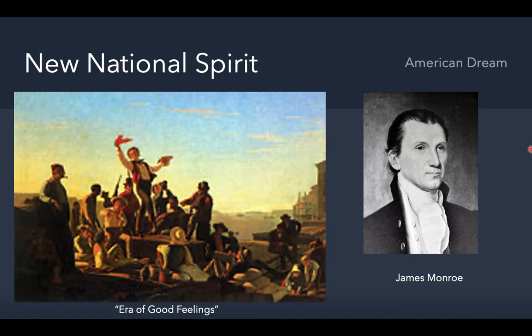This new national spirit is also reflected in our politics when in 1816 Americans elected another Virginian named James Monroe. Soon after his inauguration, he did a kind of tour of the nation. When he went to New England, you wouldn't think he would be extremely welcomed, since a Southern planter, an agriculturalist, would not really be welcomed in a manufacturing place. But he received a warm welcome. And a Boston newspaper even wrote that America had entered an era of good feelings,